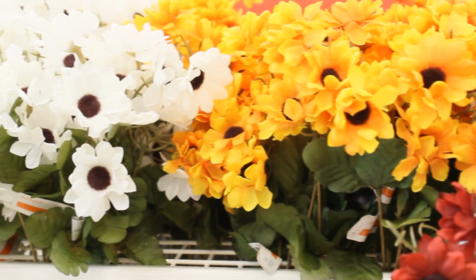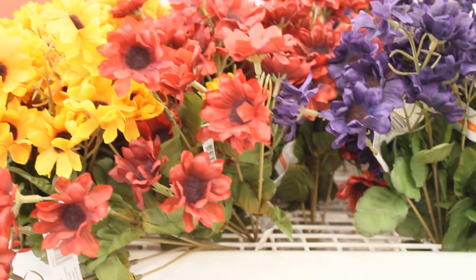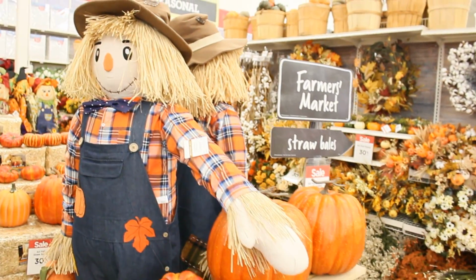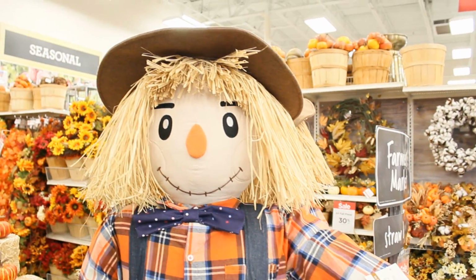So here were their very inexpensive florals. These are kind of the florals that you would see at Dollar Tree. They were $2 a bundle. They were very similar to Dollar Tree quality just in that section. Now they did have a ton of gorgeous florals that I'm gonna show you guys, but check out this super